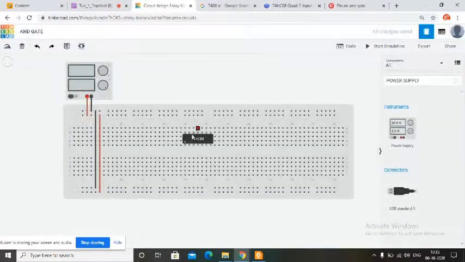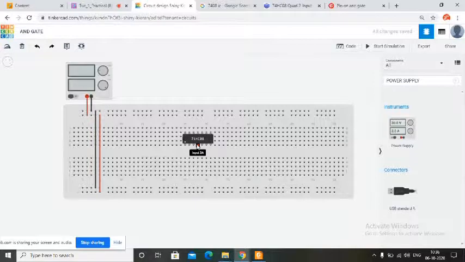Clear? So in our circuit, a slight white dot is there. White dot means notch, right? Below that, if you put the cursor on the pins, it will say the first pin is input 1A. If you put the cursor on the second one, it will say input 1B. On the third one, it will say output 1.